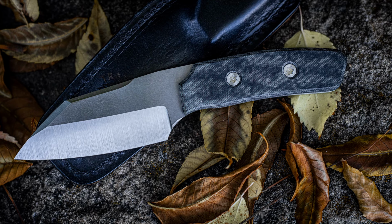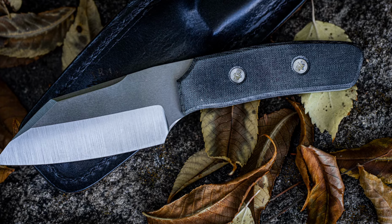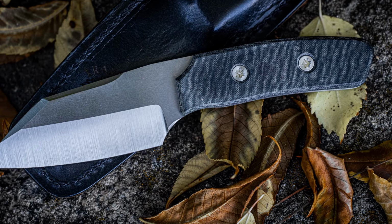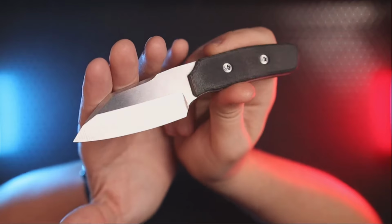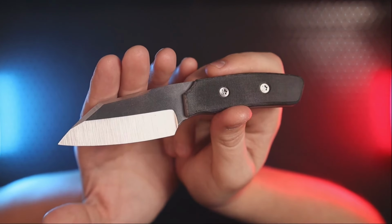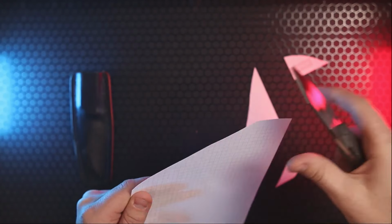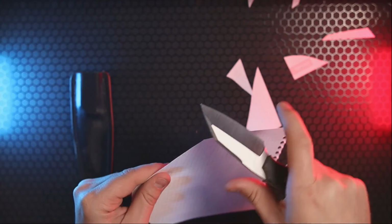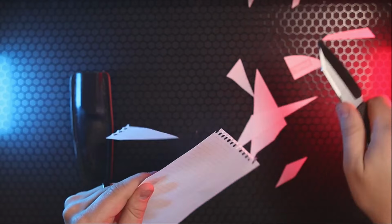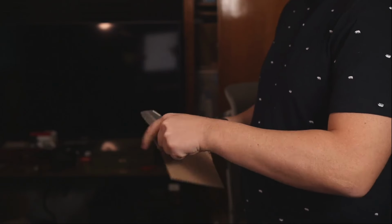But given that Transparent Knives is known for some exceedingly high Rockwell hardness heat treats, but also excellent cutting geometry, the question has to be asked, how does she cut? And the answer is extremely well. This has got to be one of the best slicing knives that I currently own. Regardless of how thick that blade spine is, the edge geometry itself is insanely thin, and it glides through materials like nobody's business. I've put this through the ringer already, chopping down boxes to clean up after my wife's latest and greatest Amazon purchases,